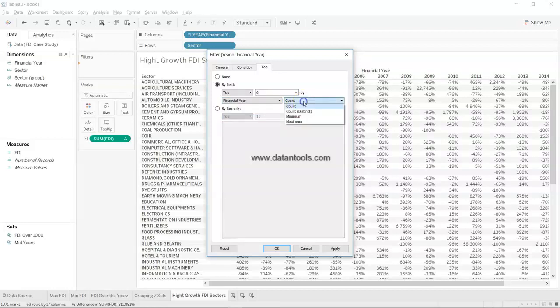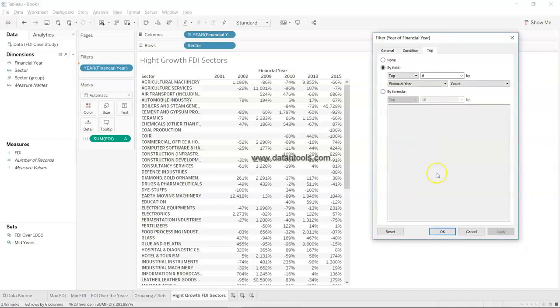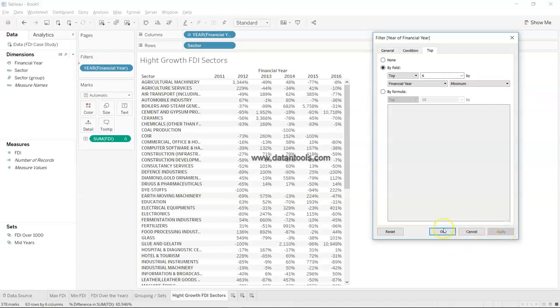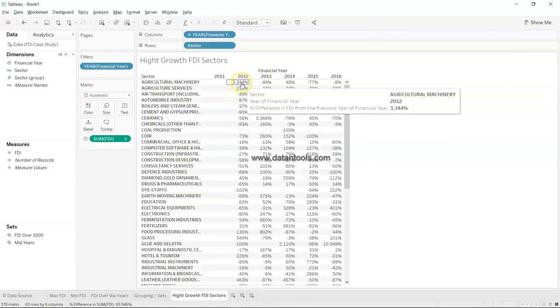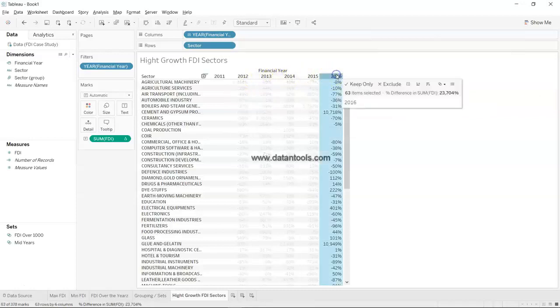Financial year, let's see what comes. All right, I think we are good, and click OK. So it's giving me top 6 by count. That's not the case. Minimum, click apply. Yep, that's okay. So 2012, 13, 14, 15 and 16,